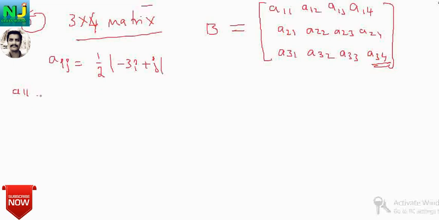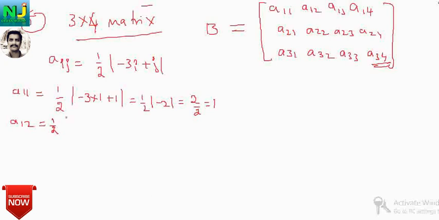So let us go to the first one. A11 is equal to 1 by 2. Put i is equal to 1, j is equal to 1: minus 3 into 1 plus 1, 1 by 2 as it is. Minus 3 plus 1 is equal to minus 2. Modulus of minus 2 is what? Plus 2. Divided by 2, it is equal to 1. Clear? So when there is a modulus of a minus value, you must take the element as plus. 2 by 2 becomes 1. So similarly A12 is equal to 1 by 2.